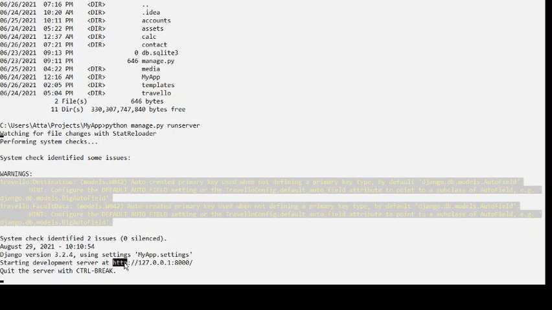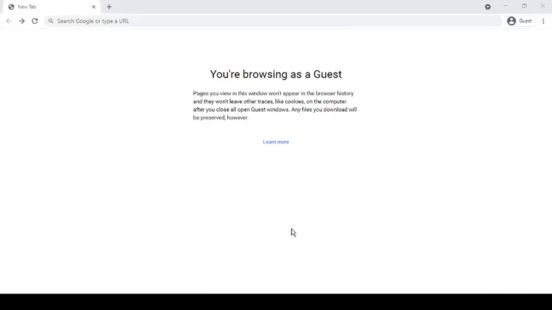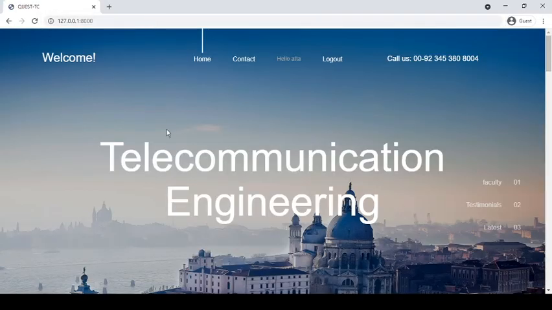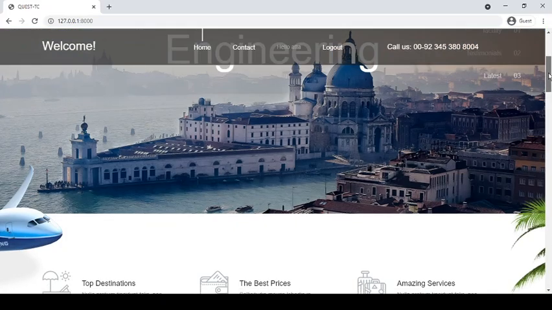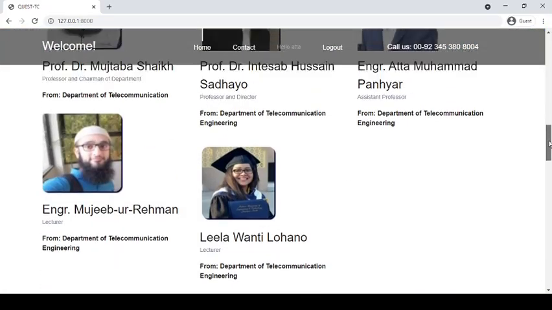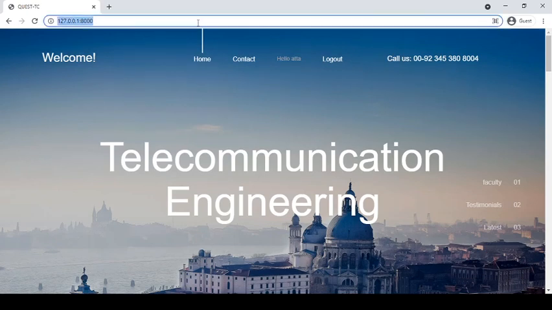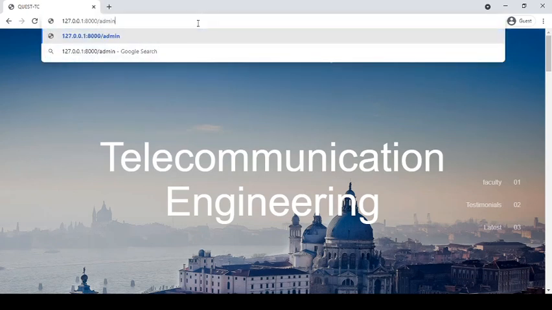In order to view my application in the browser, I have to copy this path, go to Chrome, and paste this URL of my localhost. Now you can see my app is launched.